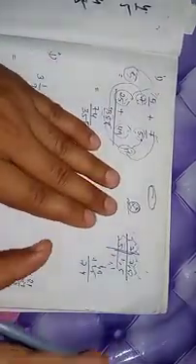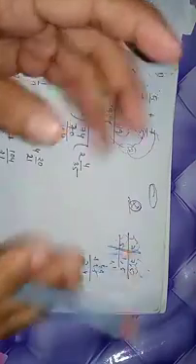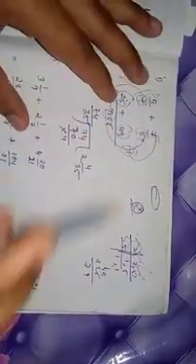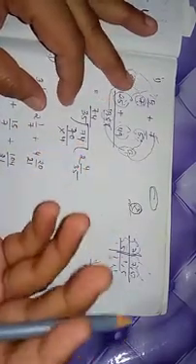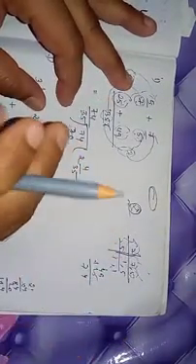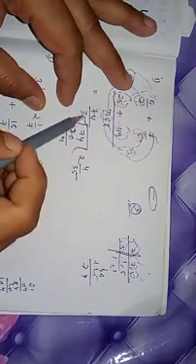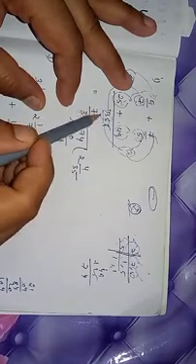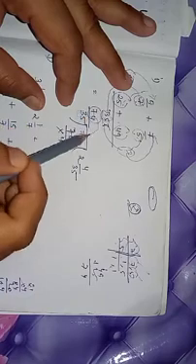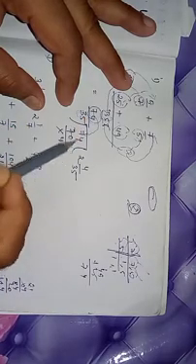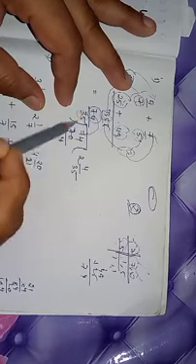But if you want to match your answers with the answers provided in the answer keys at the back pages of your book, then you have to convert this into a mixed fraction. And you know how to convert an improper fraction into a mixed fraction. This is an improper fraction, isn't it? The denominator is lesser than the numerator. So the numerator will be sent into the division bracket, and you divide it by 35.